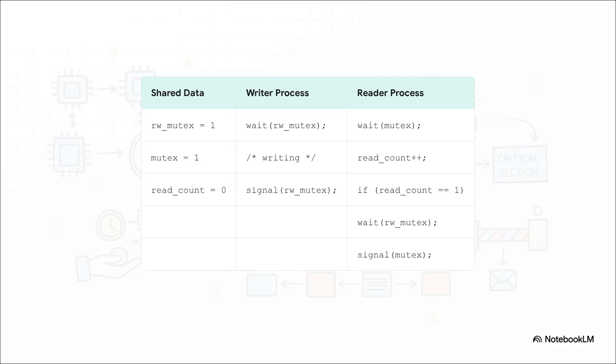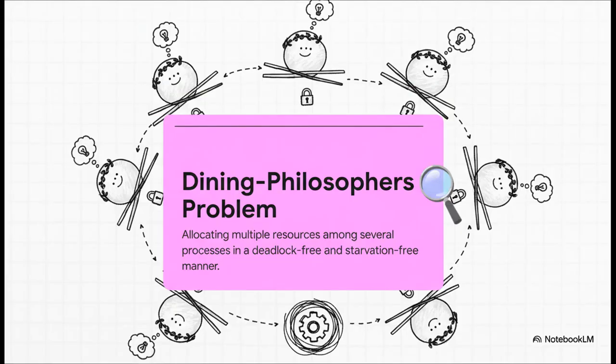Now, there's a huge gotcha with this specific solution, and it's a classic exam topic, writer starvation. If you have a constant stream of readers, a writer might wait forever. Keep that in mind. And that brings us to our final classic problem, the one with the best name, the